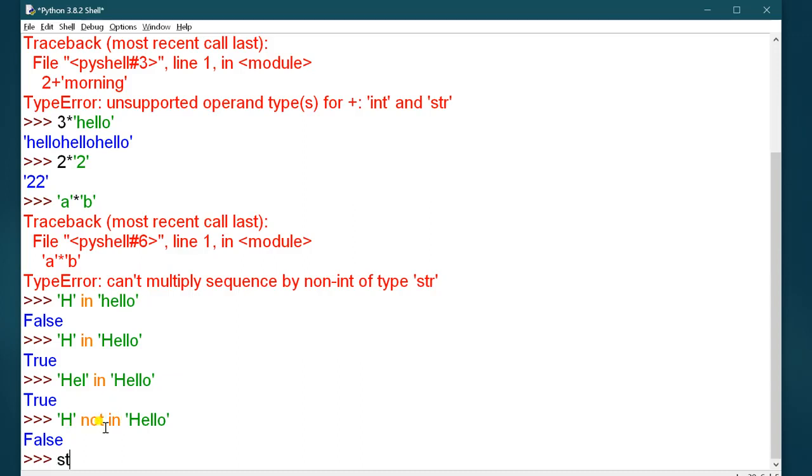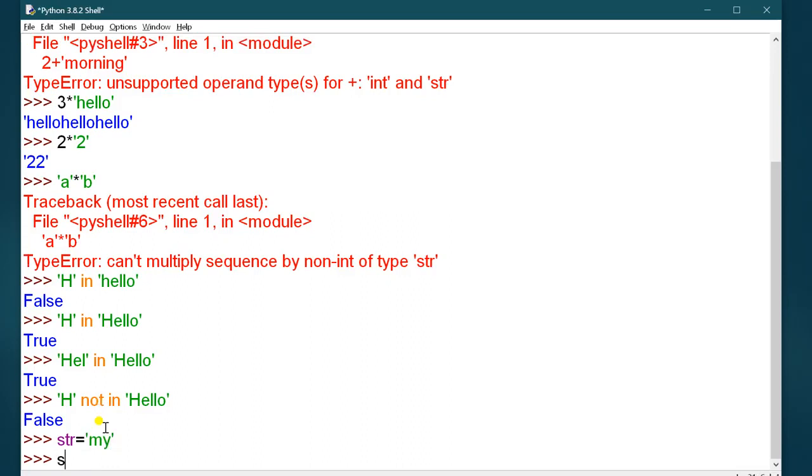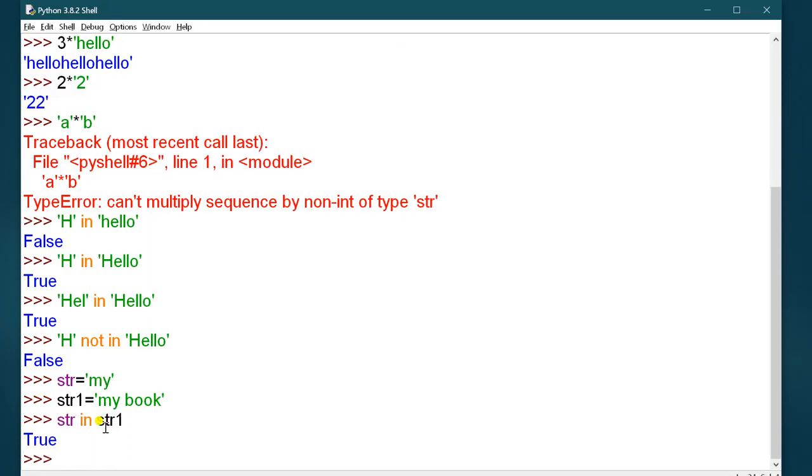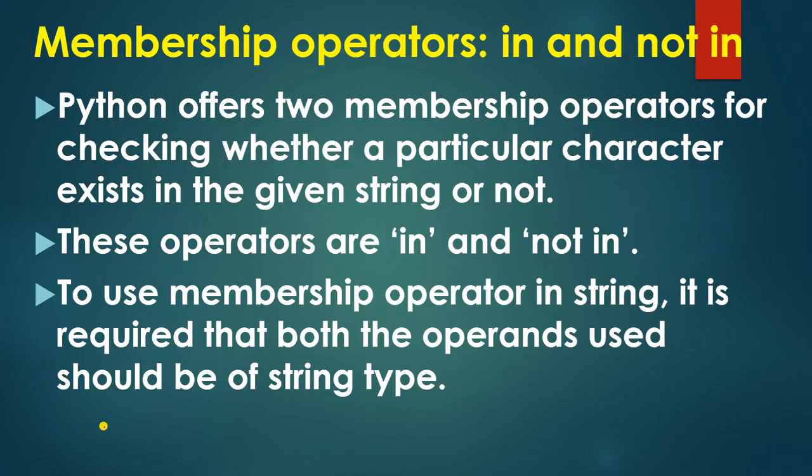If you want to check strings, for example str is equal to my and str1 is equal to my book, and you check str in str1, it will give you the result true. By this way you can check the string also. So this is your membership operator.